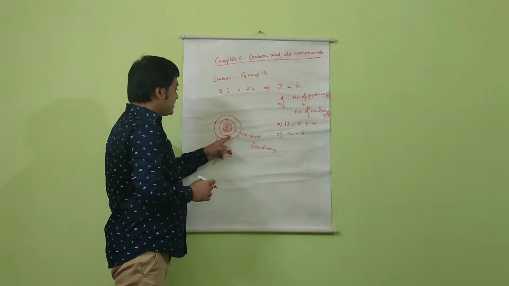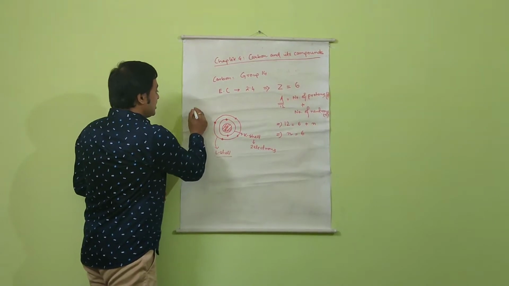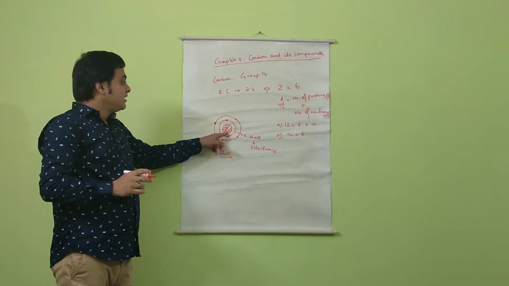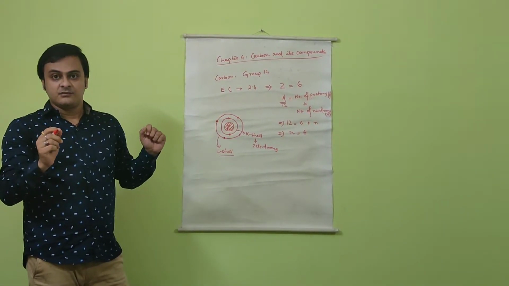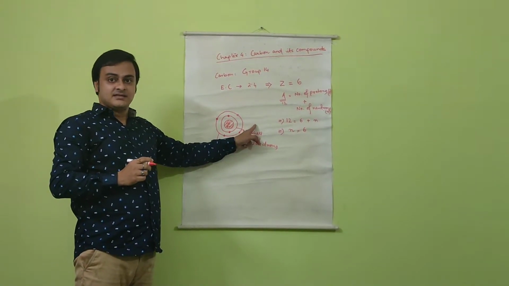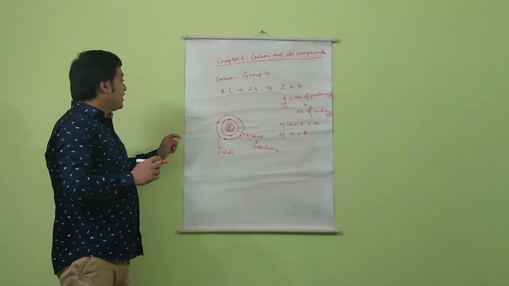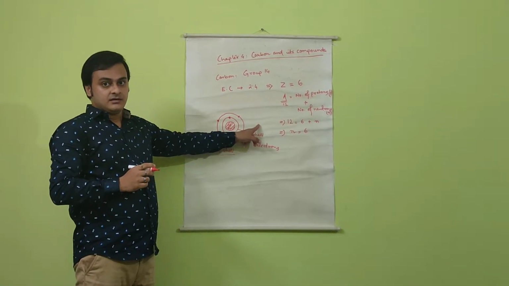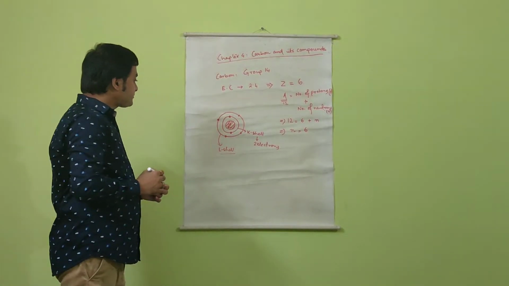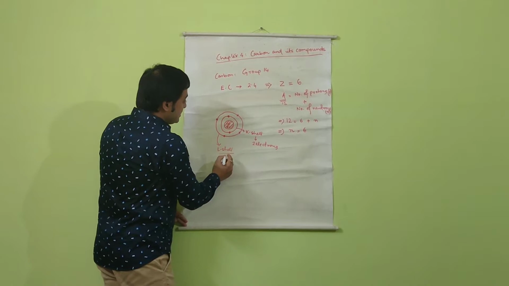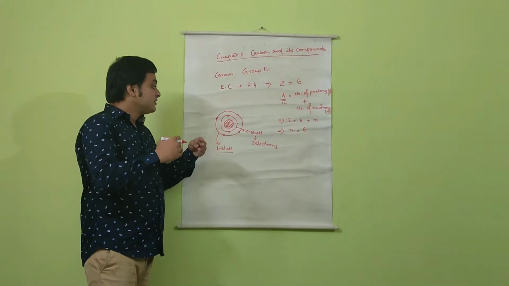Now, the K shell can hold a maximum of 2 electrons, it cannot hold more than that. It has a doublet, but the L shell has the capacity to hold 4 more electrons, because the nearest noble gas is neon, which has 8 electrons in its outermost shell, and it has the octet configuration. So in this case, there are two possibilities. How will the carbon obtain the stable electronic configuration?